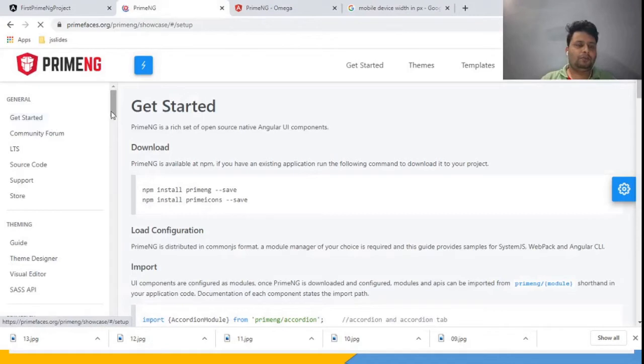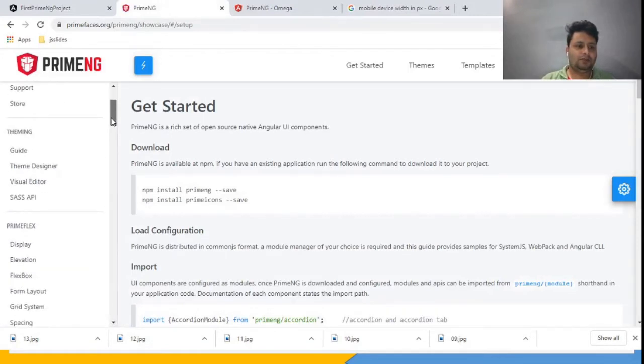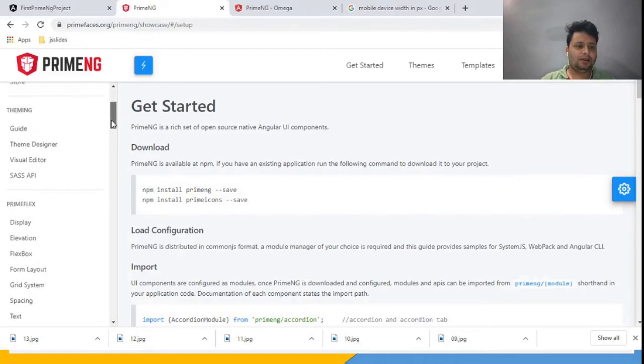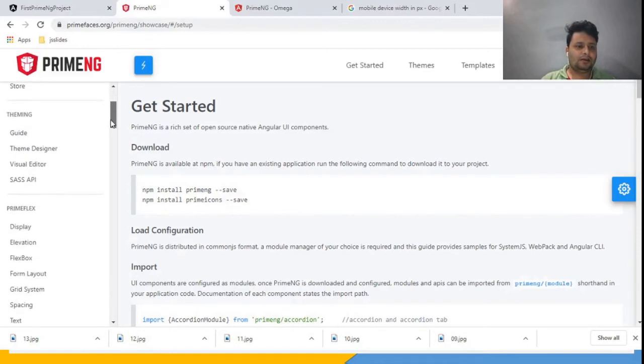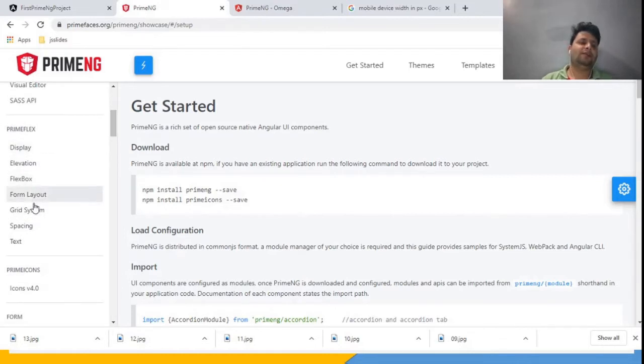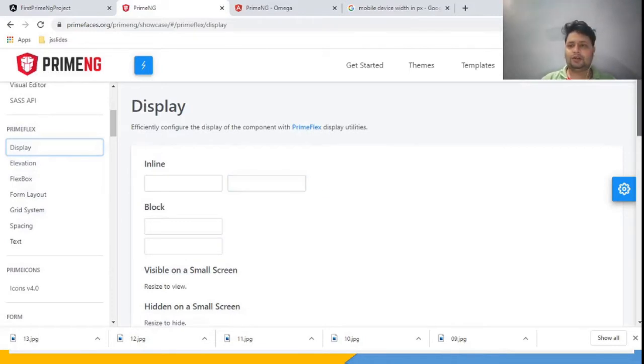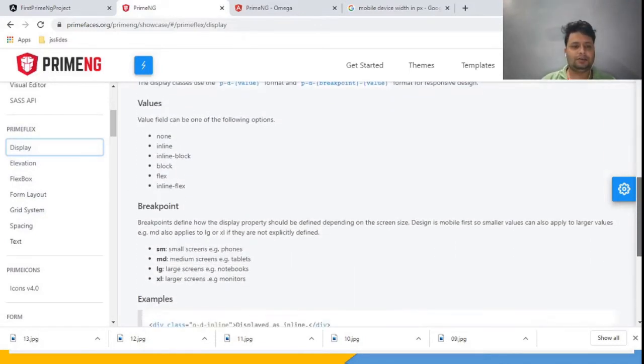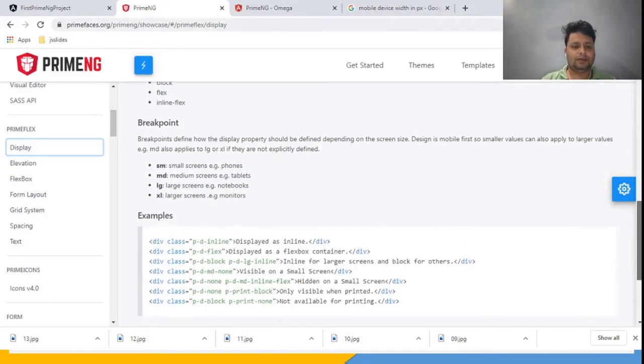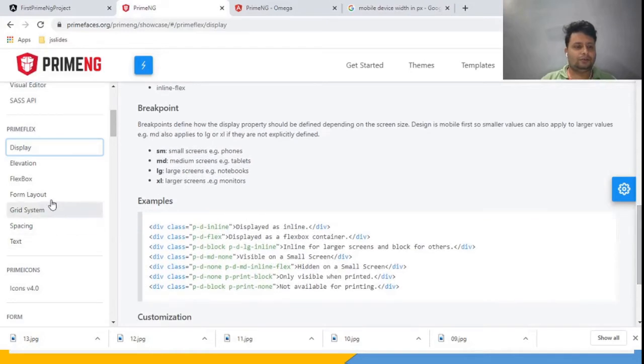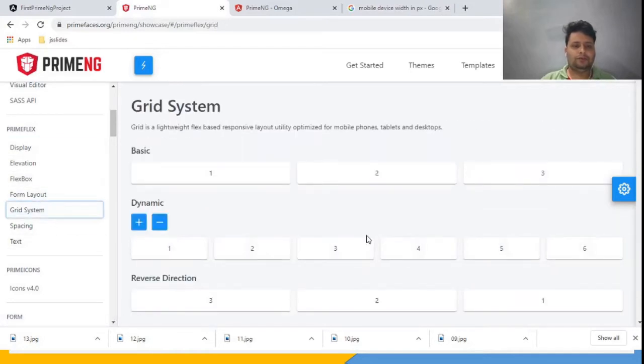Here at the top, on the left-hand side, you will see theming, and after that PrimeFlex. Go to PrimeFlex. Here you will see the grid system, and how it works, you can see here. So we will go to the grid system.